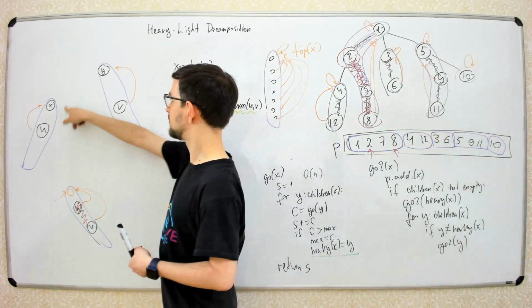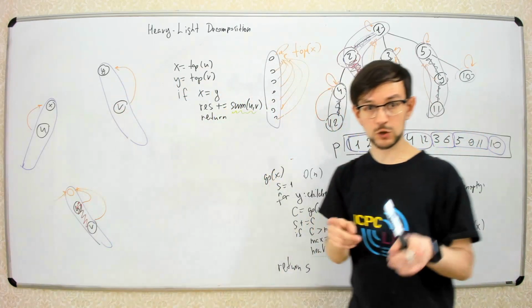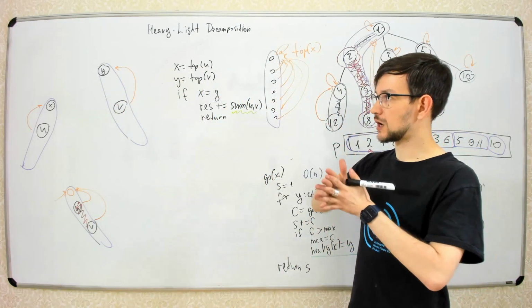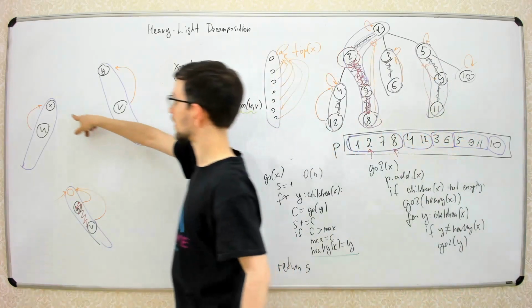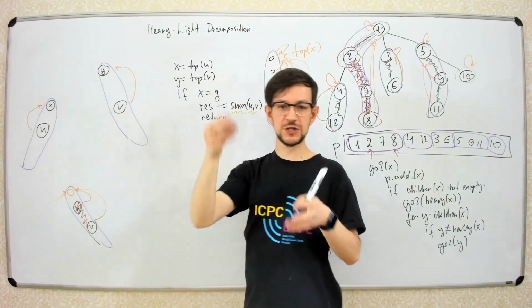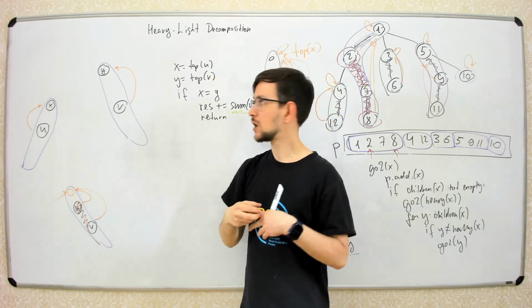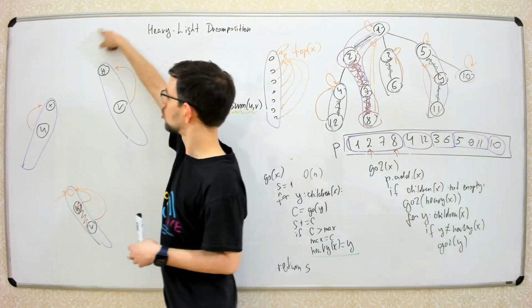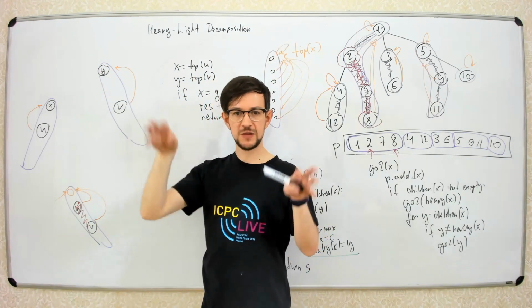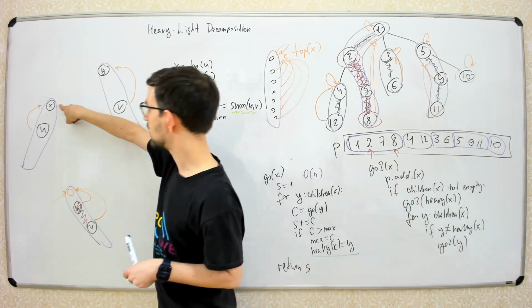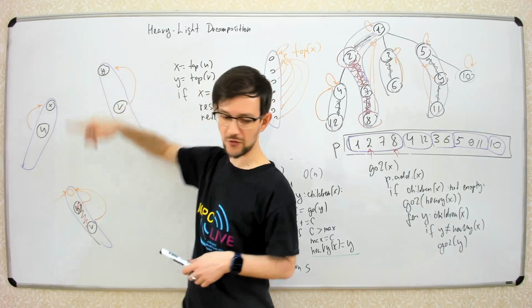If X and Y are different, then what will we do? We'll take the depth of these two nodes, depth of X and depth of Y. Depth is the distance from the root. So let's look at the distance from the root to X and from the root to Y, and take the deepest one. So for example, if the depth of X is greater than the depth of Y,